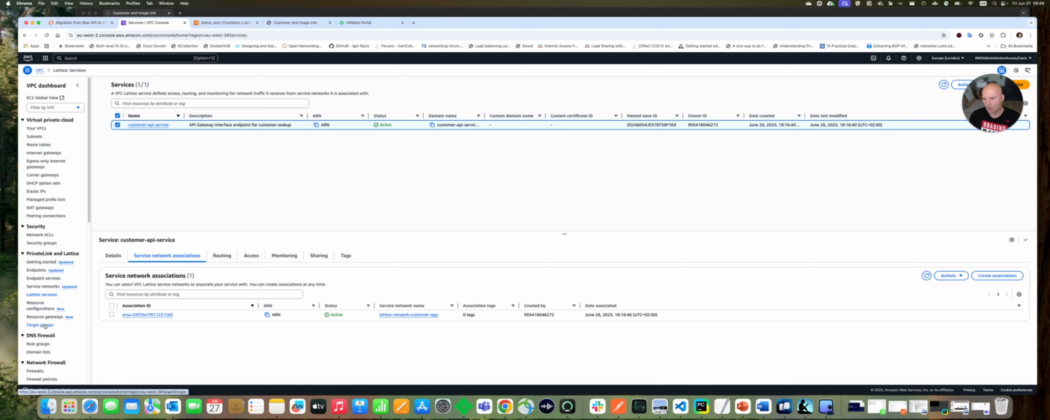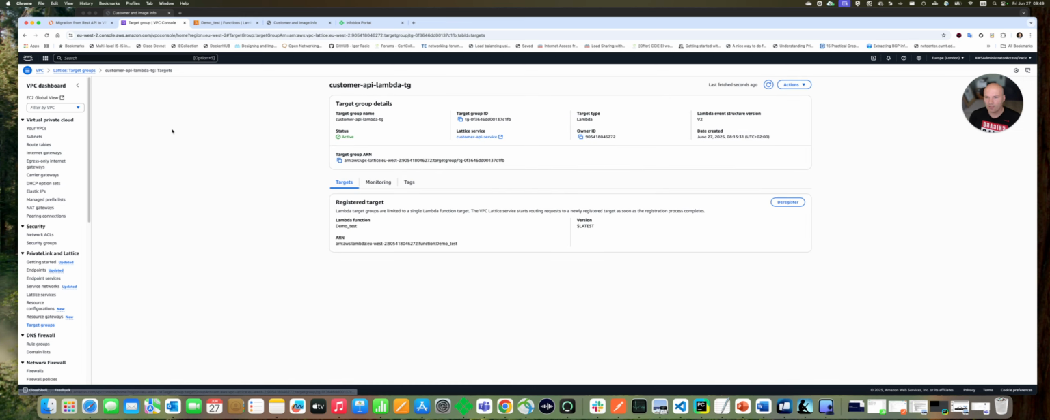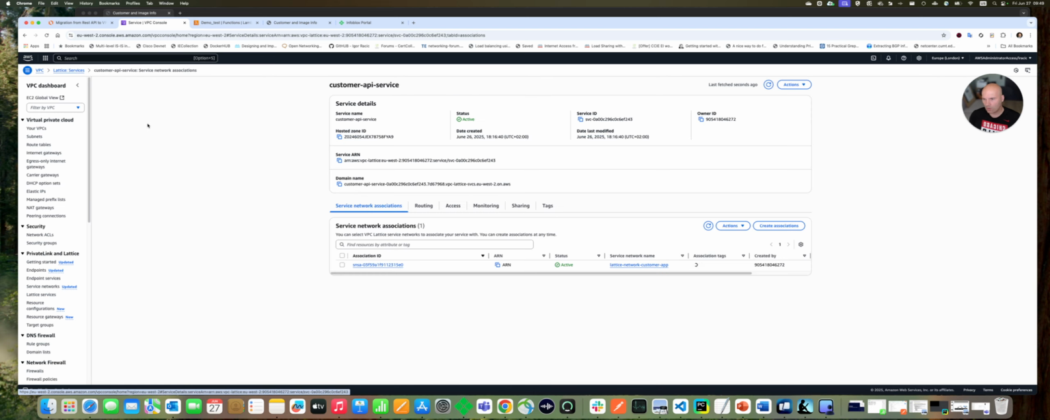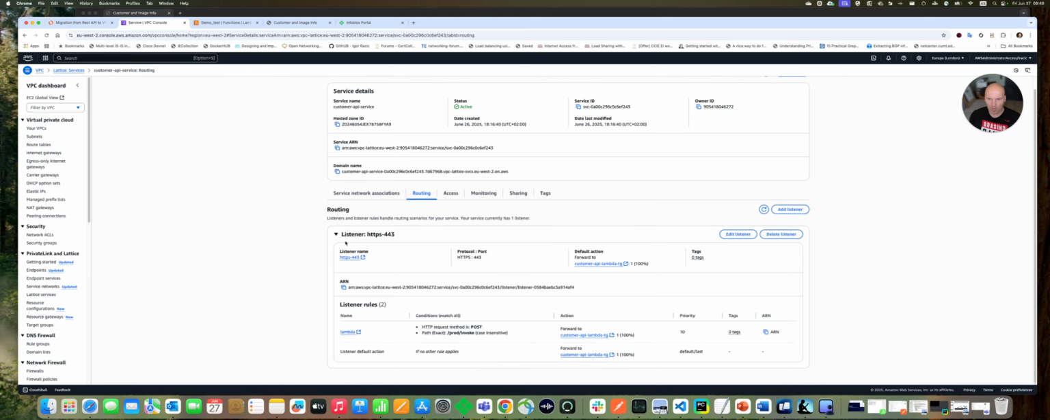here, right? If I go to the target groups, you're going to see here that I created the target group, which is associated in the backend with the Lambda function. So now if I go to the service, and then go to routing, you're going to see that we also created a listener, right? The listener is going to have one rule that we need to mimic and keep the things